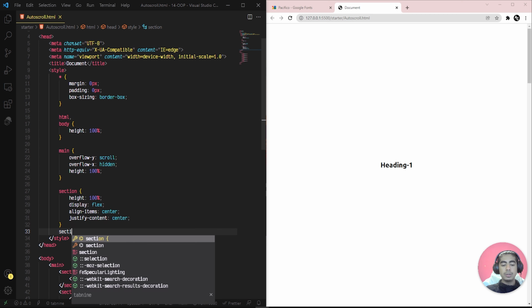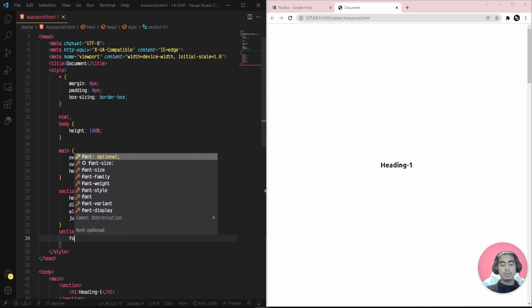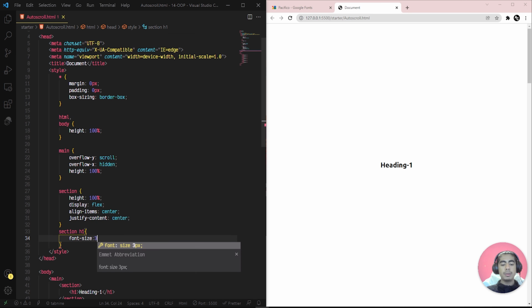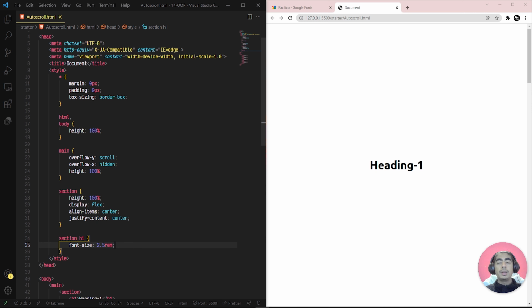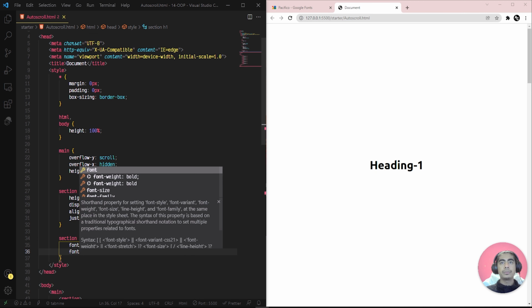Let's see, I want the section h1 font size to be 2.3 rem, that will be good here. Yeah, that's done well. Maybe it's a little bit too big. 2.5 I would say. Yeah, that looks good. And for the font family,